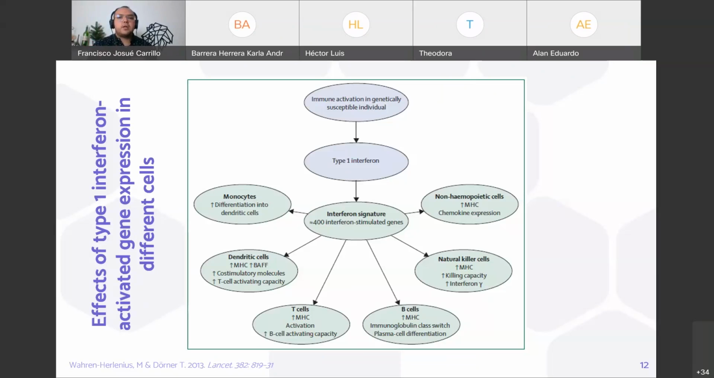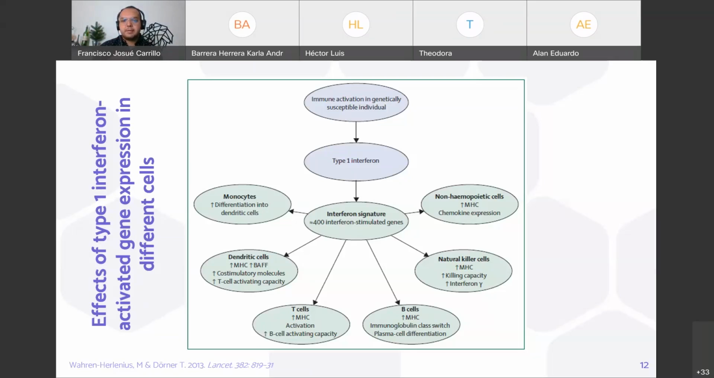About 400 genes are stimulated by the activation of the interferon pathways. For example, in the monocytes, we have a higher differentiation to dendritic cells. These dendritic cells, which are very important in antigen presentation, stimulate the production of MHC molecules. They contribute to the production of some very important cytokines. As you may tell here, we have the B cell activating factor, known as BAFF, that we're going to talk about later. And they express more costimulatory molecules on the cell surface,